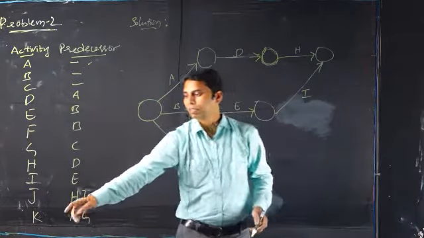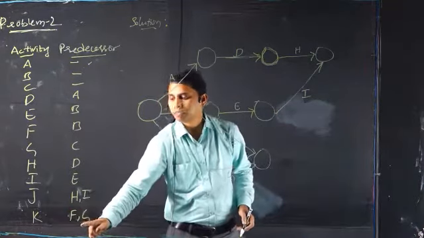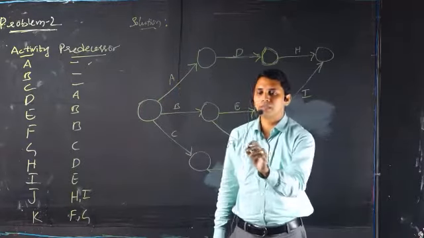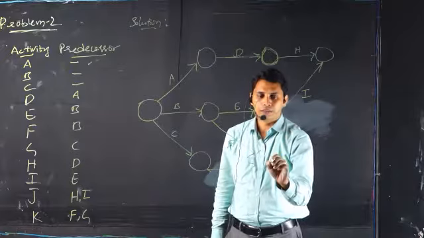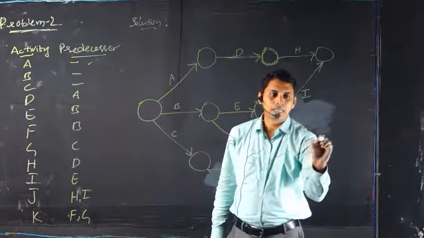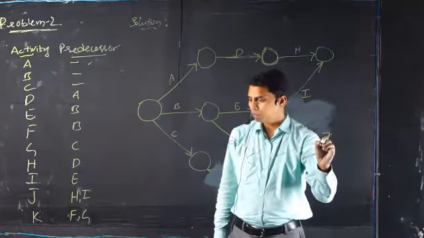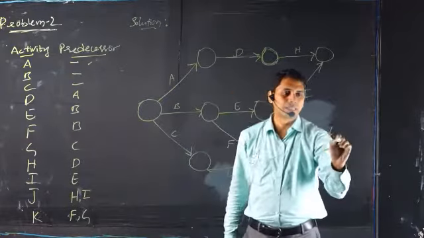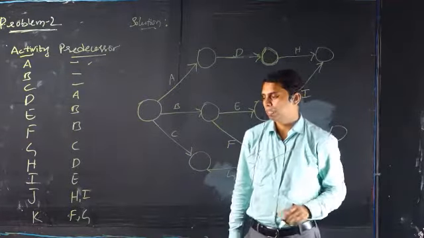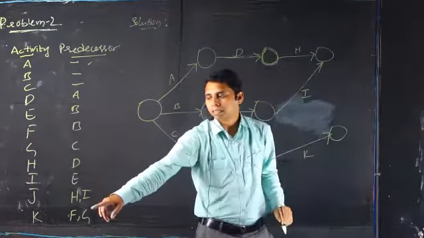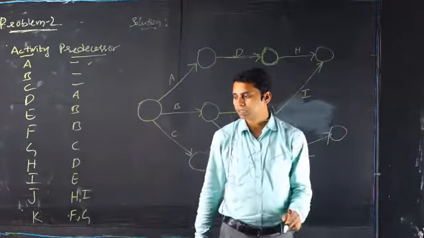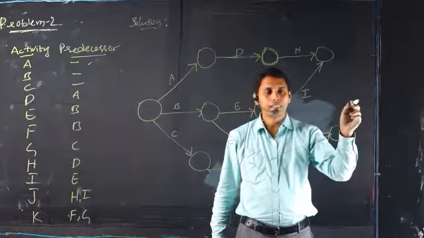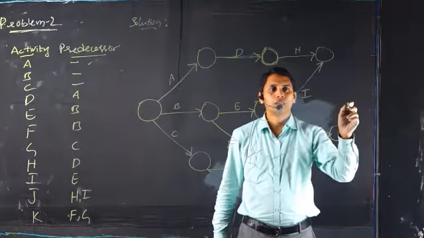But again, for writing K, what is the predecessor? F and G combination is the predecessor. That is the reason why we have joined this F and G. Now let's say, for example, what is the further activity? K. Now let's write a K here. So when you write a K here, so F and G. Now what happens here is, so I and K must be, sorry.